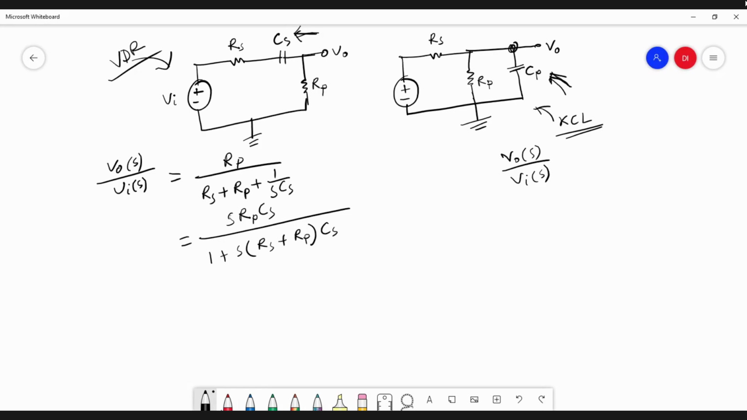1 plus s into Rs plus Rp Cs. If we multiply numerator and denominator by sCs, then we will find this one. And then if we multiply both top and bottom by another parameter, Rs plus Rp,